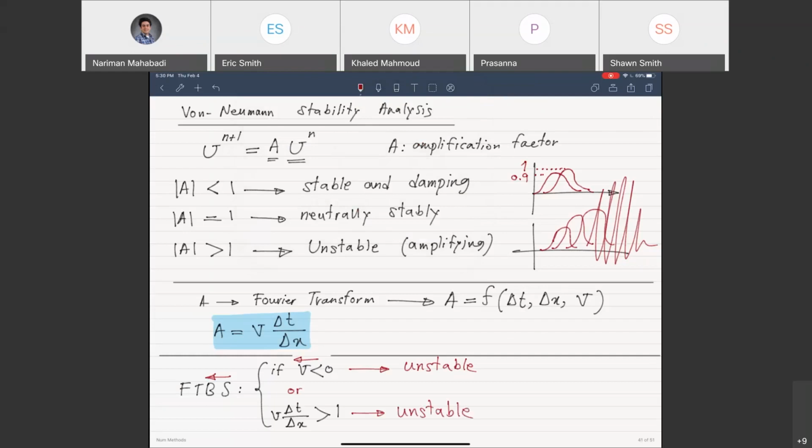So what does that mean? Even if velocity is larger than 0, so let's say that velocity is positive. In terms of the velocity, this should be stable, right? But even in this case, if this term or amplification factor is larger than 1, then your simulation will be unstable. Okay, so I think you have a better idea how to change your delta t and delta x in your assignment 3 to get